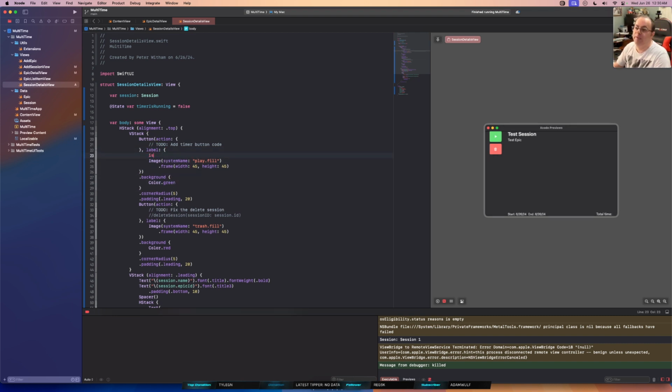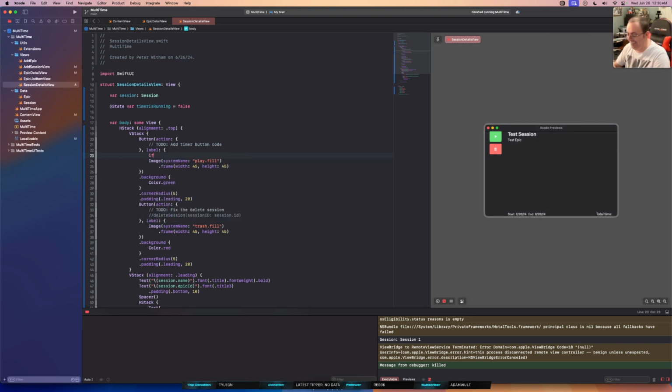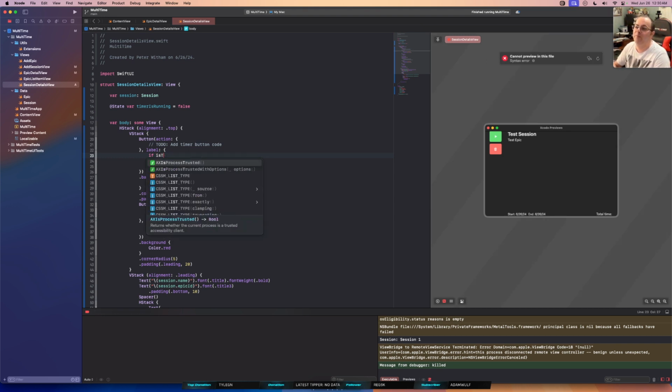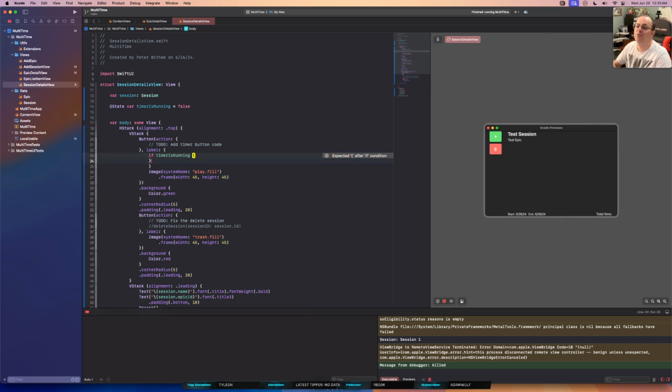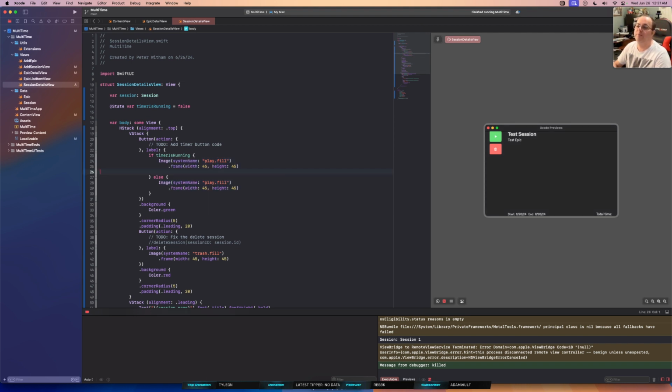You can do this. If is timer, if timer is running, do some stuff, right? Otherwise, I want to see this one. So if it's not running, I want to see the green one. I want to see it green, and I want to see the play, right? But